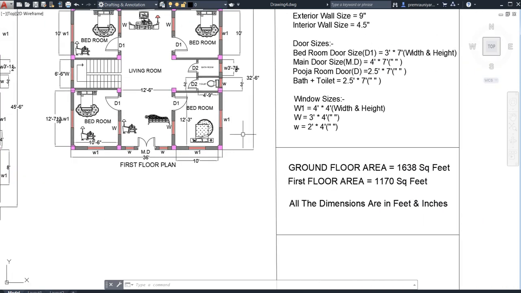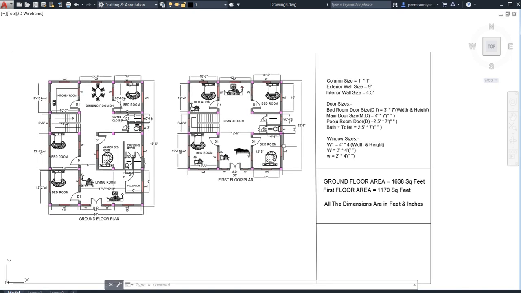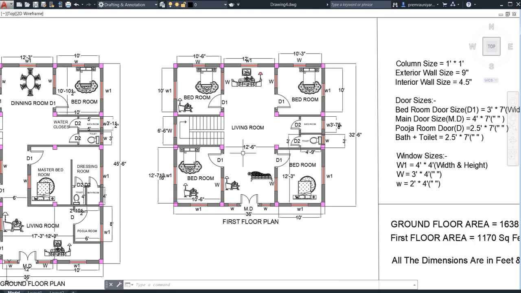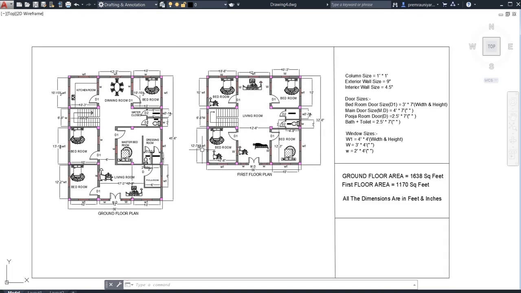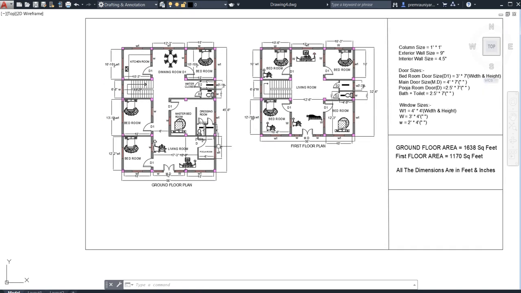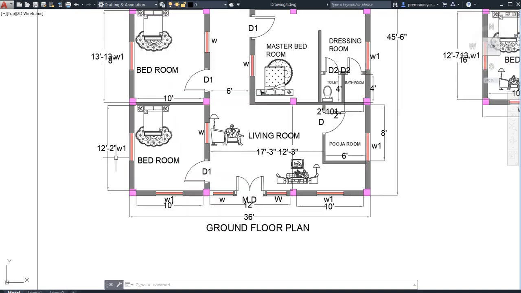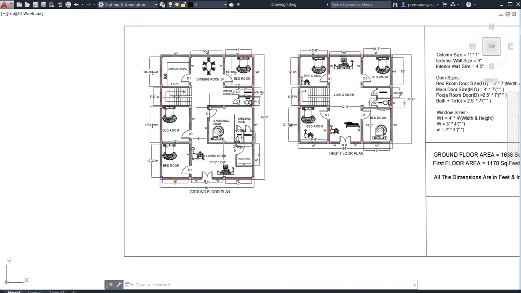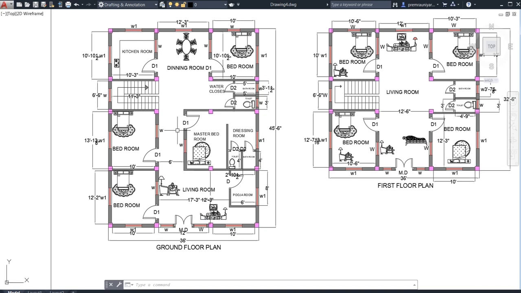In the first floor, the plinth area is 1170 only. It is reduced by 480, something like that. So here I have decreased it. If you go for its elevation, this area will not be here, in the first floor. So this will be the balcony in the first floor. That much will be the balcony, 12 feet, almost 13 feet. Generally a balcony is very good for our building. That is a very good thing.